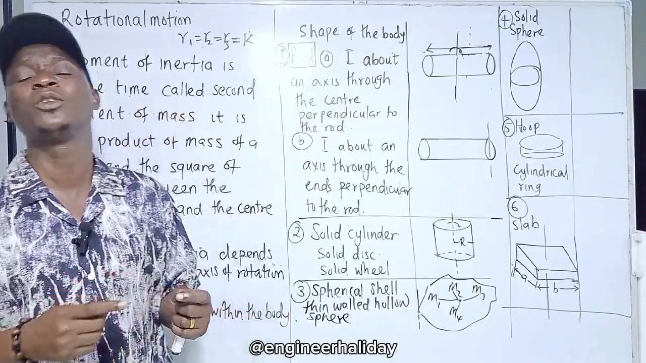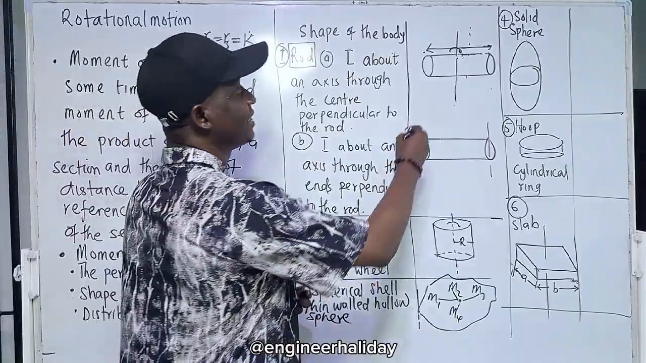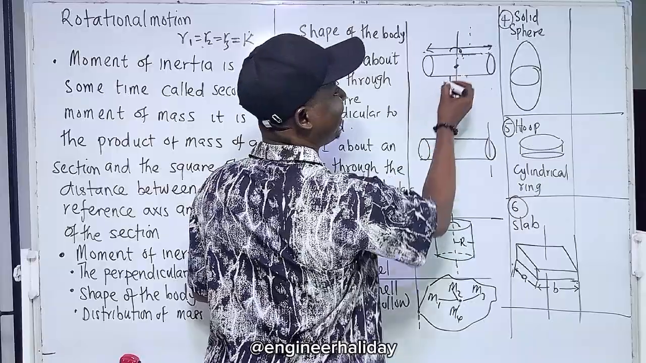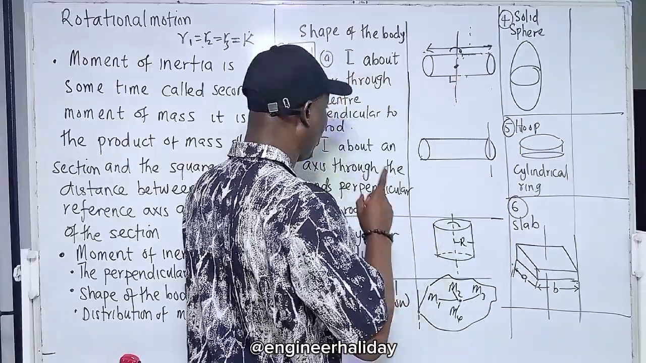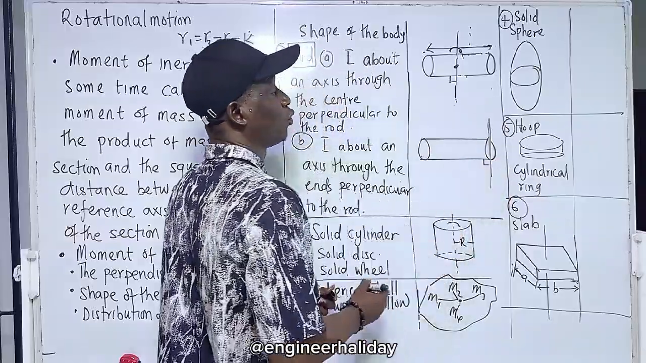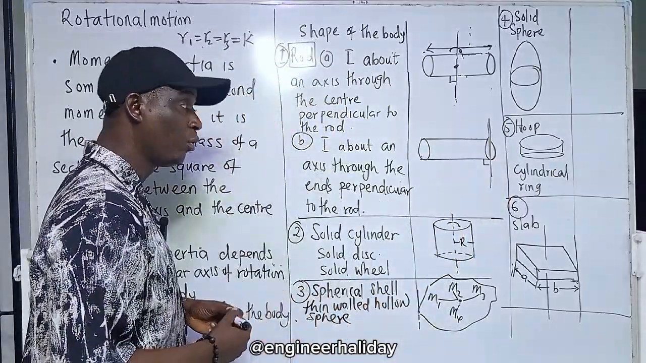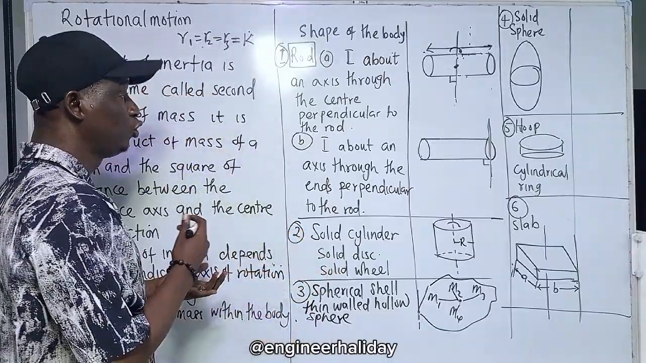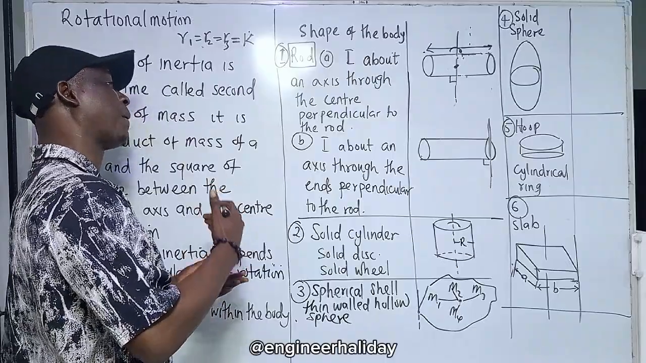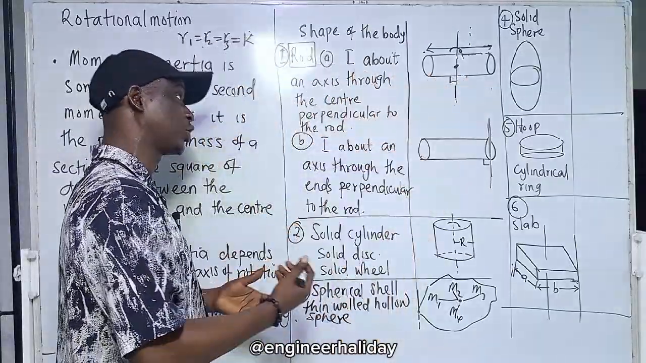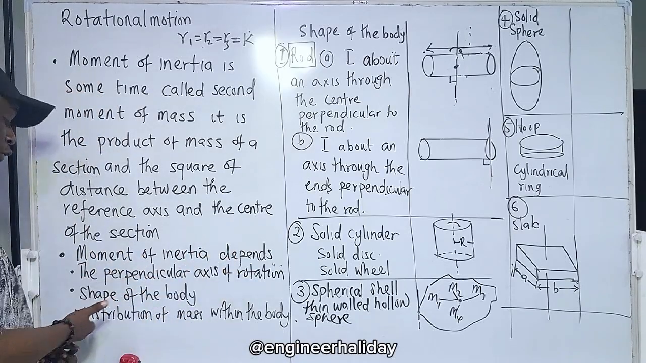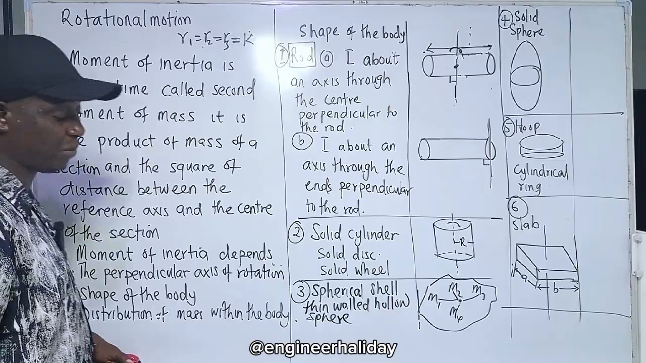The next one is the perpendicular axis of rotation. That means this is the axis of rotation, and if you check, this axis of rotation is perpendicular to the shape of the body. It must always be perpendicular. So you must ensure that you draw a line that is perpendicular to the body or the section. That's why I say the perpendicular axis of rotation, the shape of the object, and